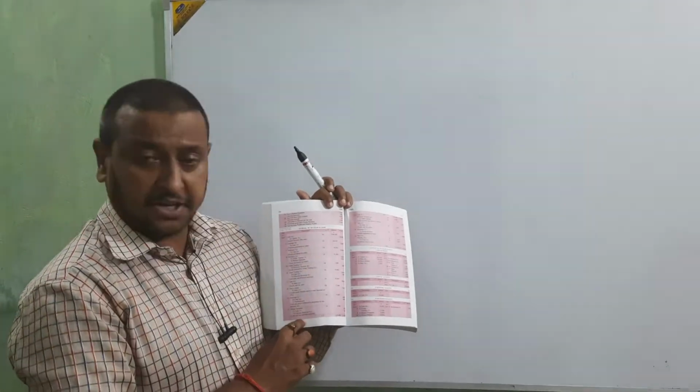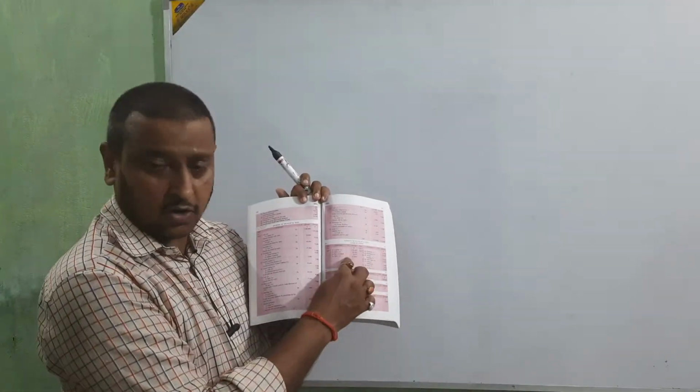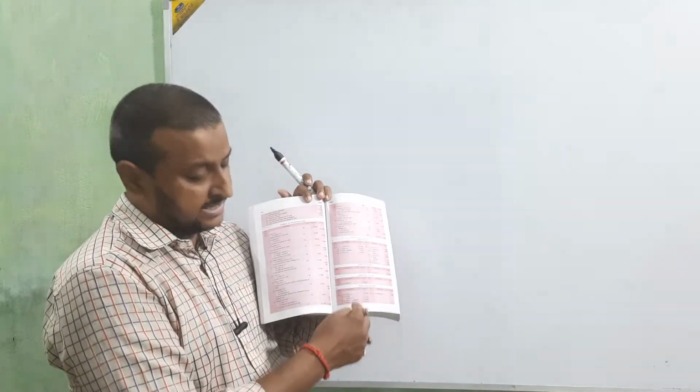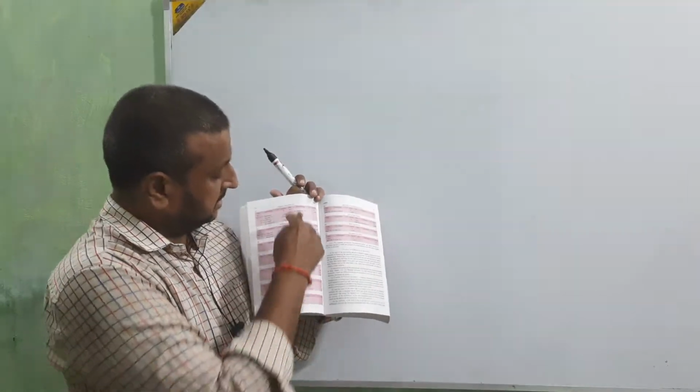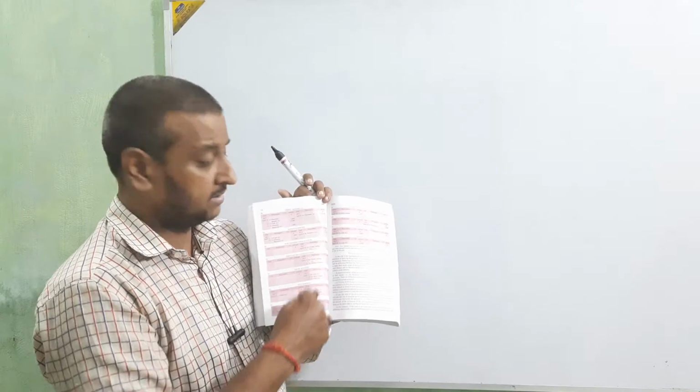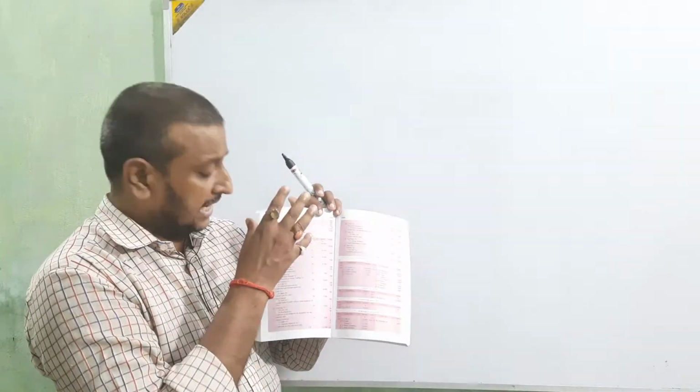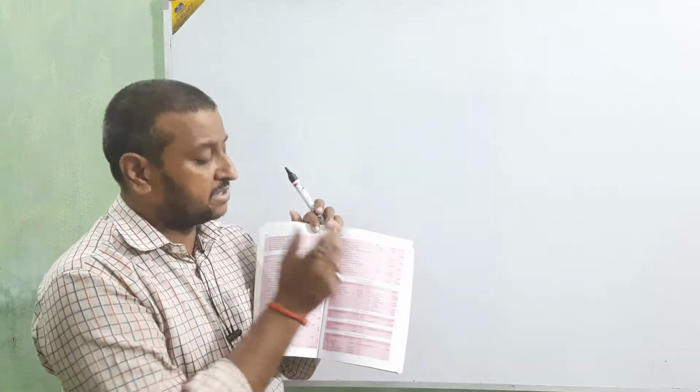After the journal entry, we are going to make all the ledger accounts. Whichever amount, whichever name is coming here, we are going to make different ledgers. Just see how many ledgers are made here. Okay, clear? Now I am going to start by utilizing this journal entry. On the basis of that, first I am going to make the cash account.